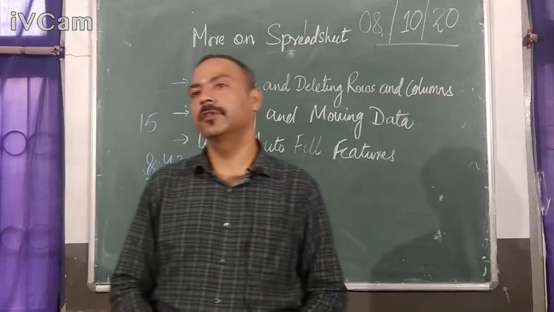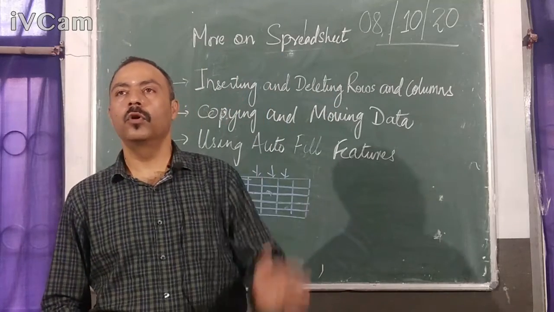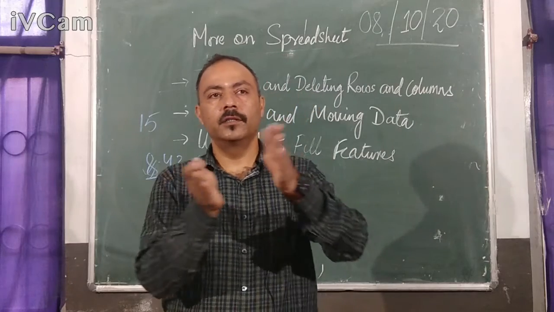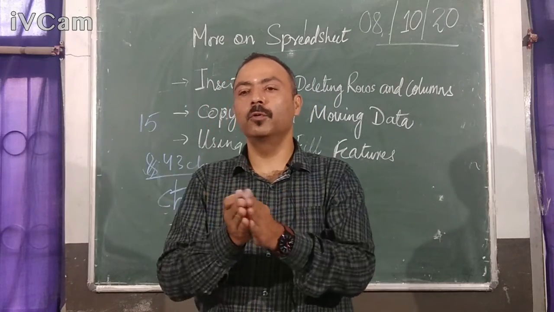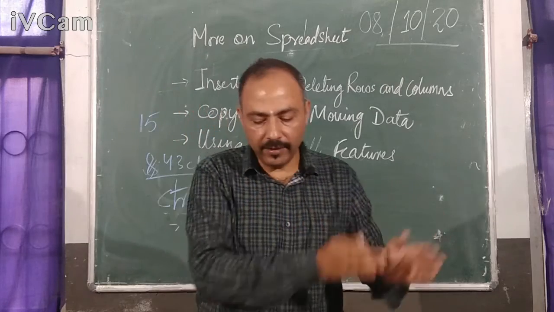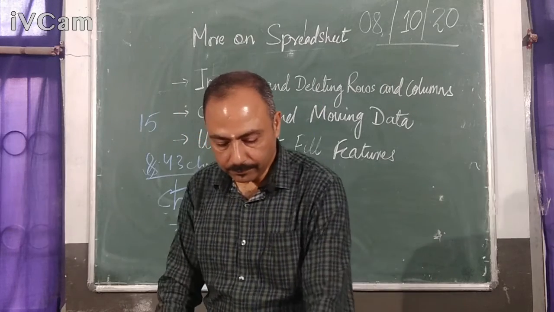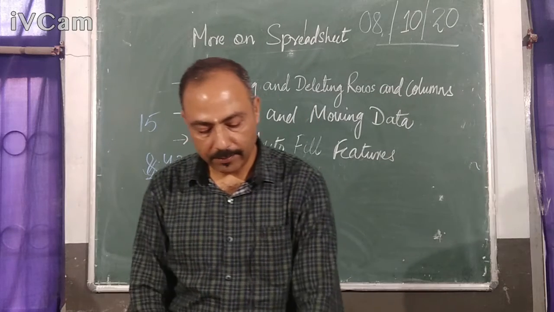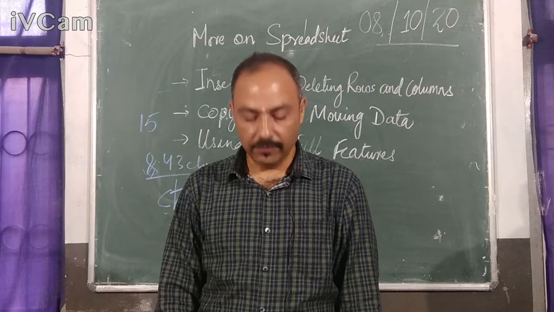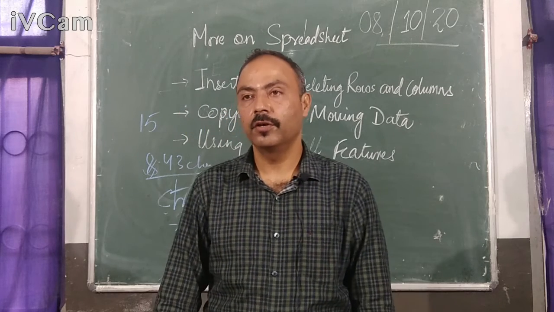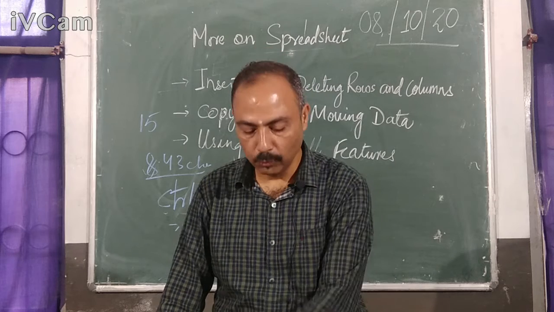So in the first lesson we have learned a worksheet is like a page of the exercise copy, and a workbook is the exercise book. So an exercise book consists of many pages. Likewise, a workbook consists of different worksheets. Moving refers to changing the position of the data in the same worksheet or in a different worksheet. We copy it, we move it.